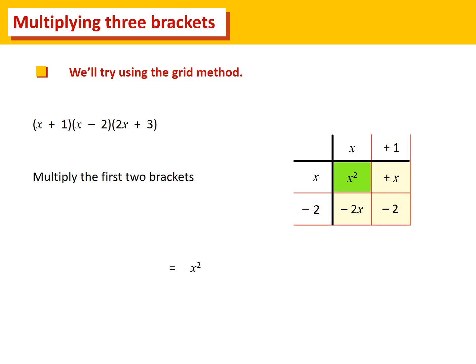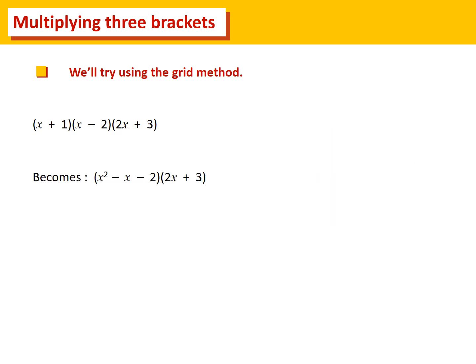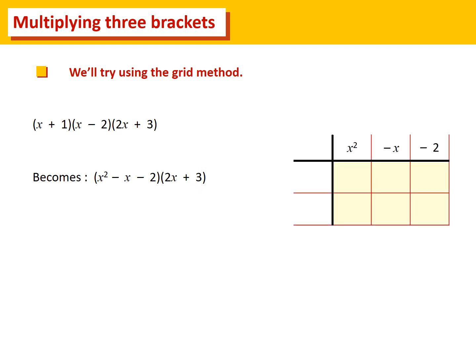So altogether, x squared. Now we're subtracting 2x and we're adding x, so altogether that's the same as subtracting 1x. And the constant, the number on the end, is subtract 2. So remember that answer that we've just had, that is the result of multiplying x plus 1 by x subtract 2. We've still got to multiply this answer now by 2x plus 3, which is our third bracket. We put the three terms along the top, we put the second bracket down the side, and we begin our multiplication. 2x times x